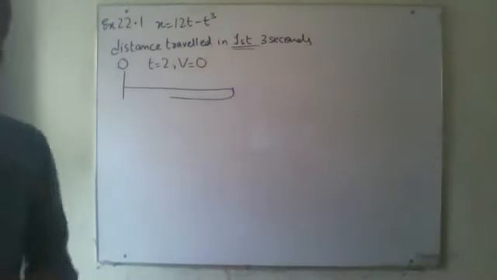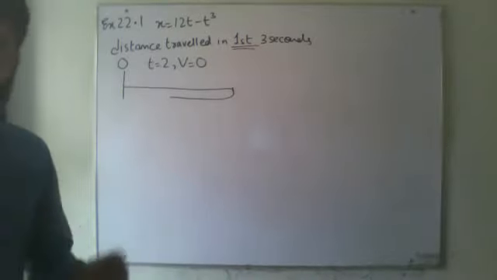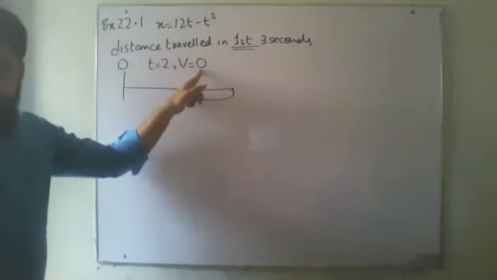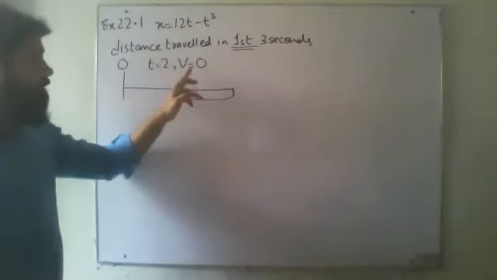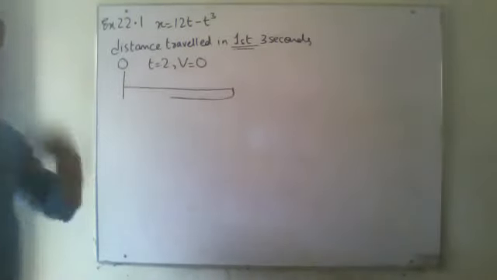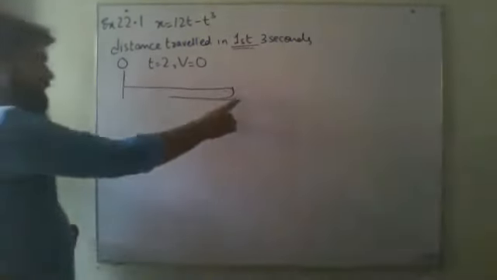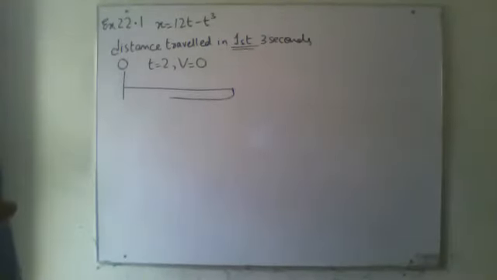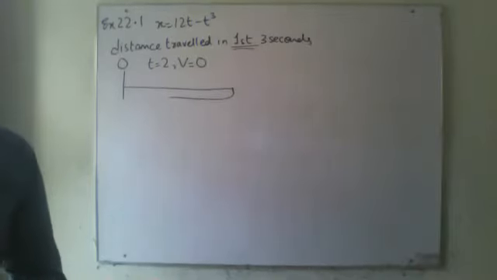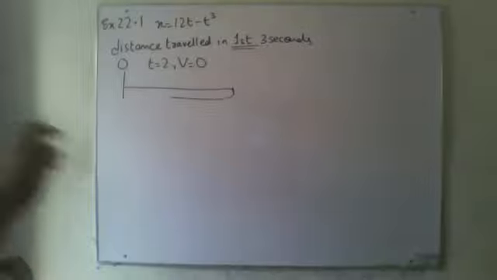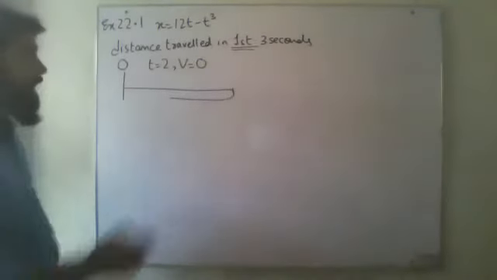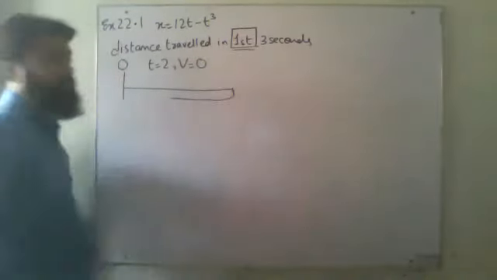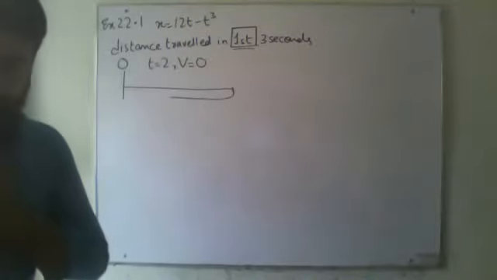It means that the displacement is increasing. When velocity becomes 0, at that time, the body has taken a U-turn, and after that, if you calculate the displacement, the distance will be coming smaller. So this is the first thing which you have to consider. Now, whenever they are going to give you that find the distance in first, the word first is there, you have to follow what I'm going to tell you.